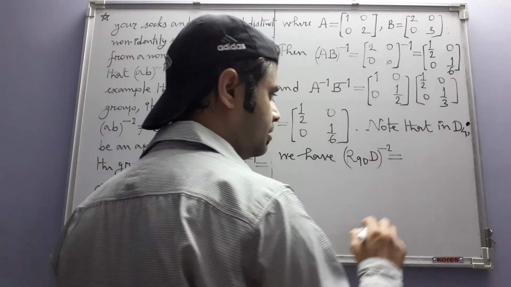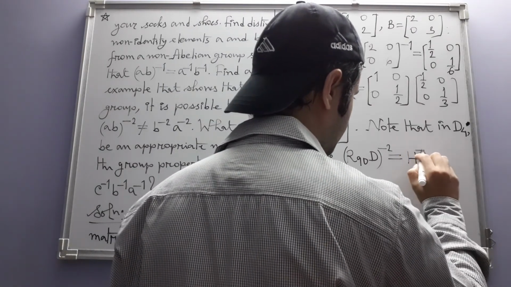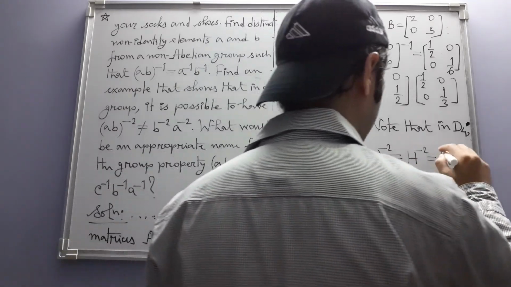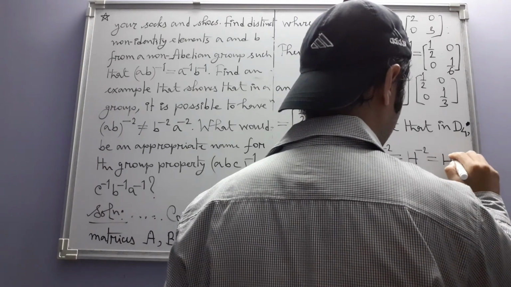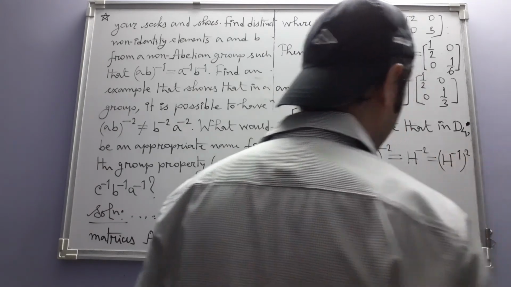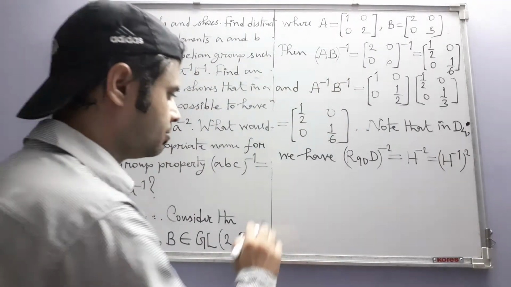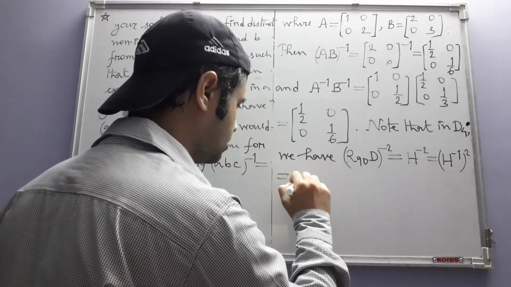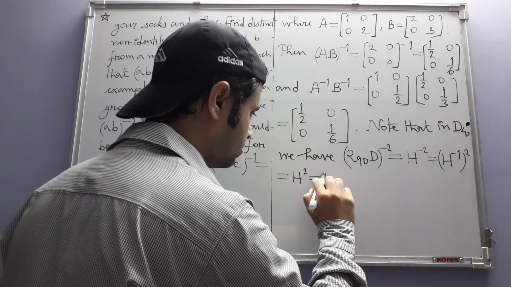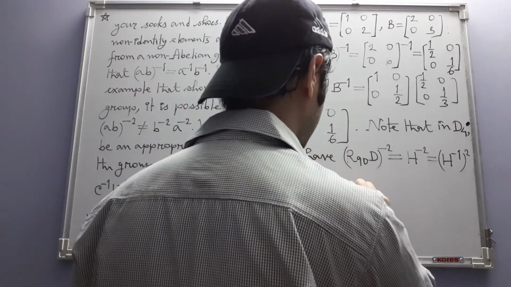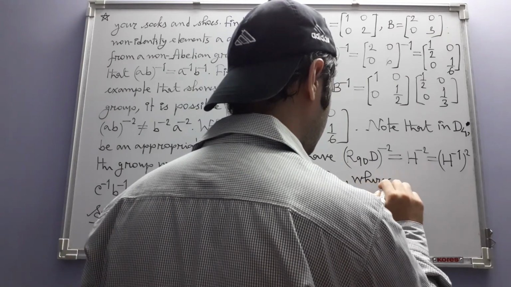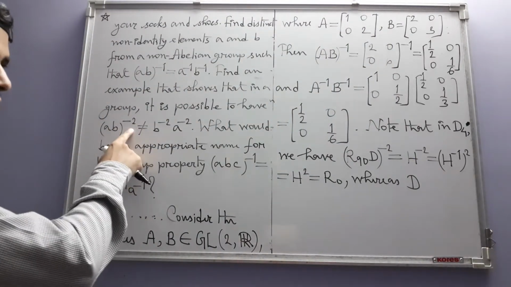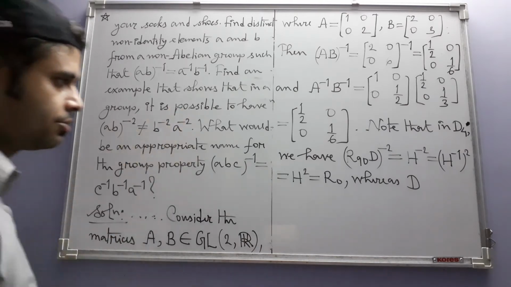So R90 D turns out to be equal to the reflection H, and H to the power minus 2 is equal to (H inverse) square by definition of H to the power minus 2, but H inverse, since H is a reflection, H inverse is H itself, and H square is also equal to R0. Whereas, so this is (AB) to the power minus 2, now B to the power minus 2, A to the power minus 2,